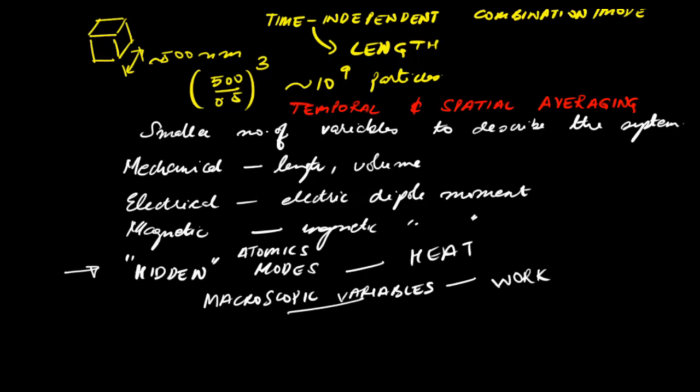And to incorporate that loss of information, we need some additional variables, and those variables are not known in mechanics or electromagnetism. So these are the additional variables that are required to describe the energy conversion processes, and these variables are introduced by the various postulates or laws of classical